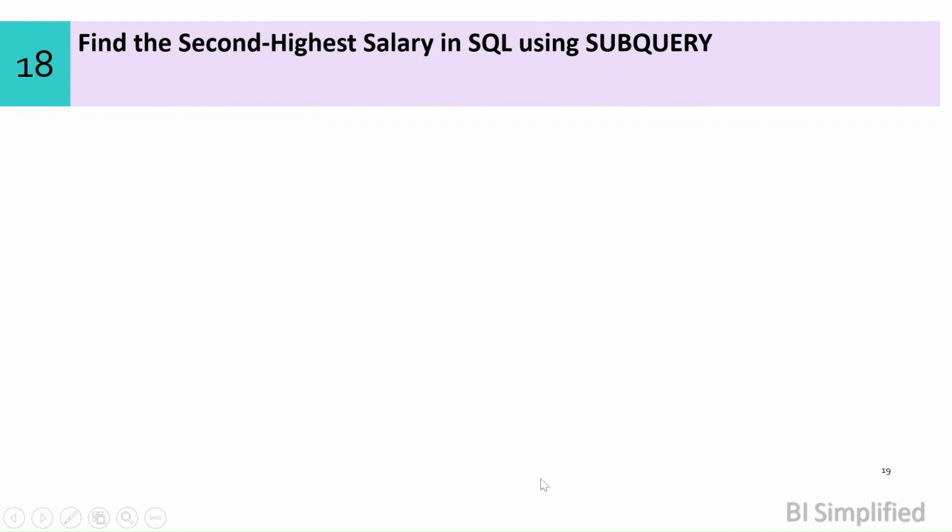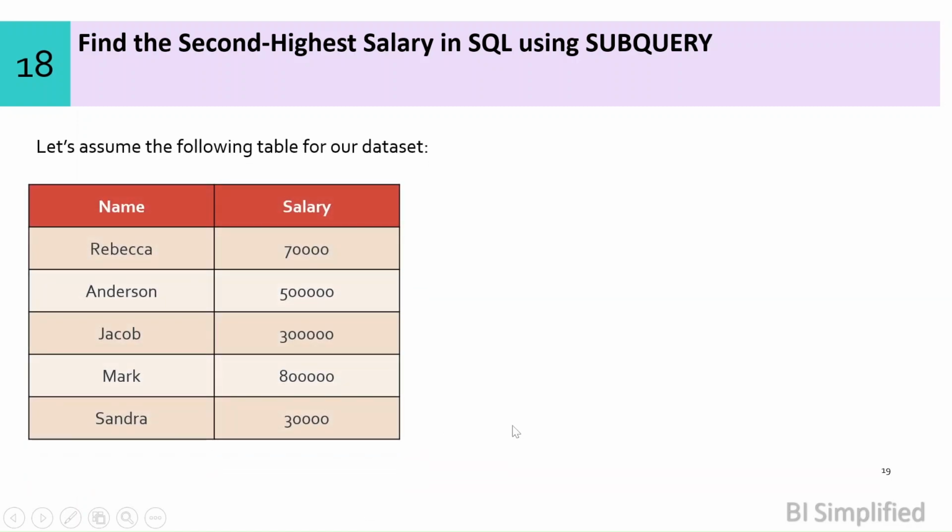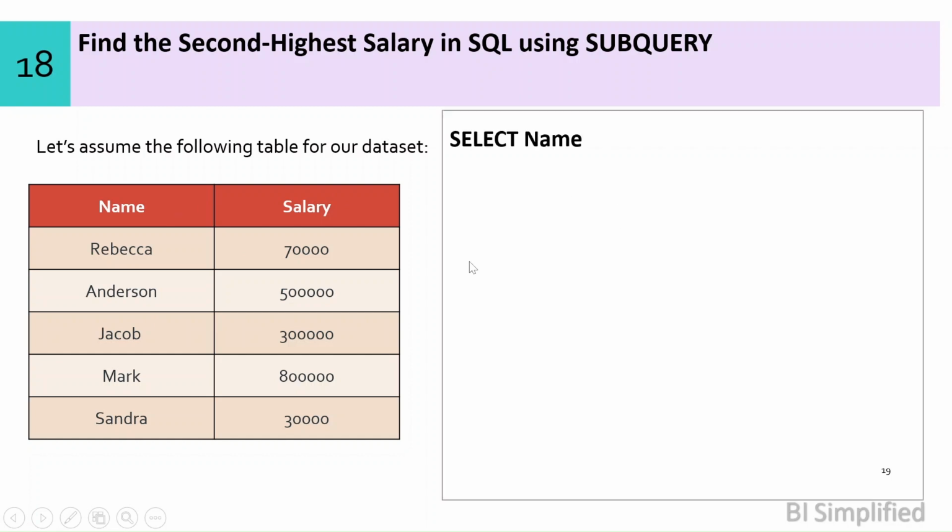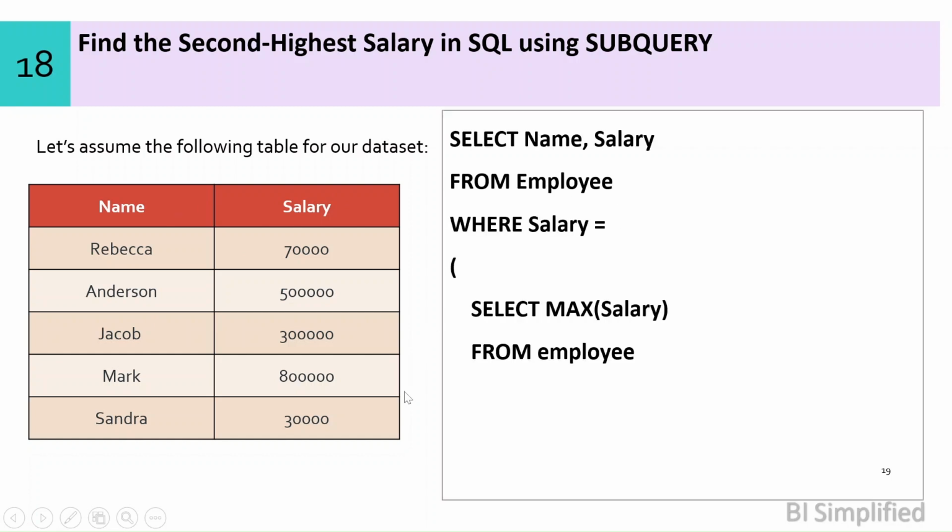Moving on to our next question. Find the second highest salary in SQL using subquery. This is a very commonly asked SQL query for interview. So make sure that you understand this. Consider this table where you have the employee names and their corresponding salary. Now you have to get the second highest salary. So the query will be